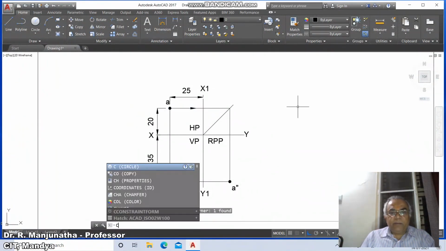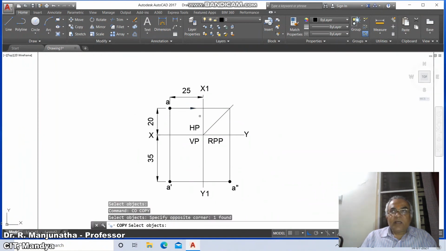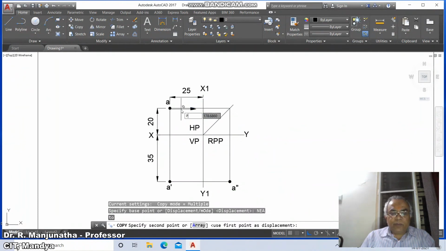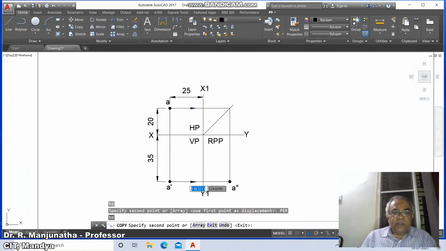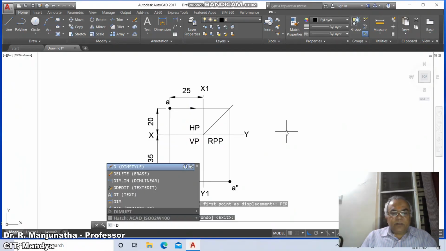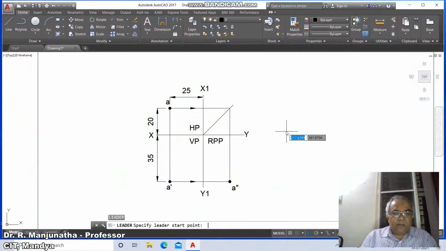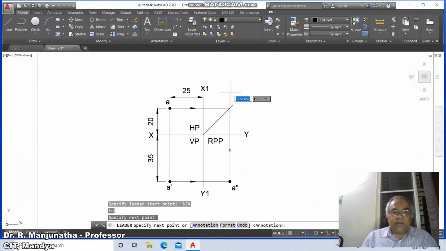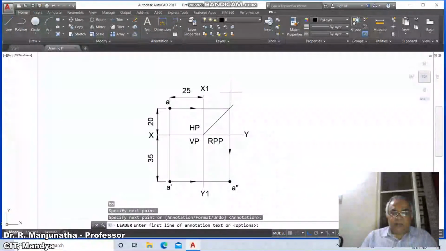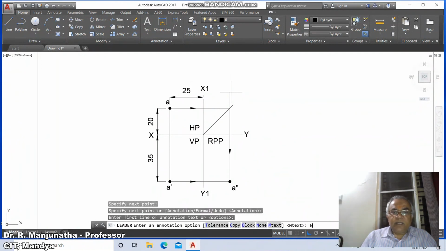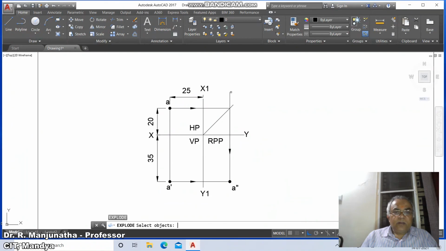Then go to copy, select these two, this arrow, go to the nearest point on this, go to perpendicular to this, then dim, then go to leader, select the nearest point on this and draw a vertical line. Annotation, enter, default option, enter, and then say none. Go to explode, select this and explode it, and go to erase and remove this.